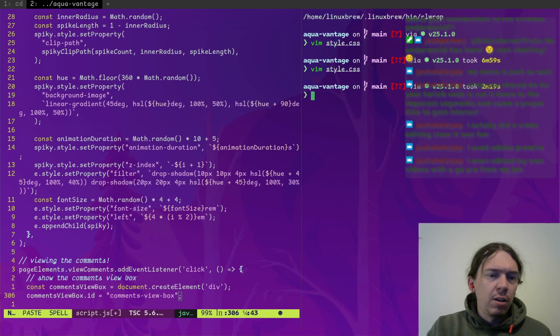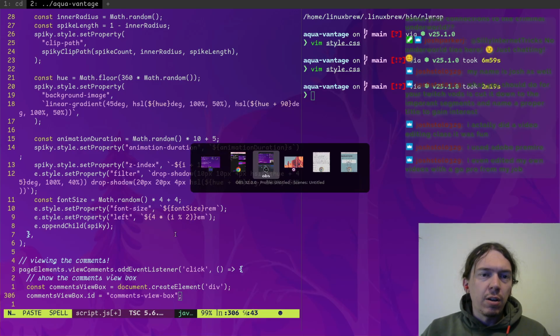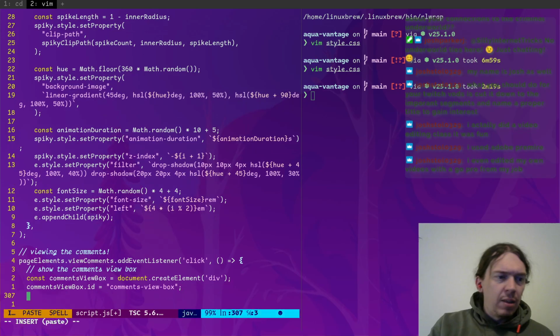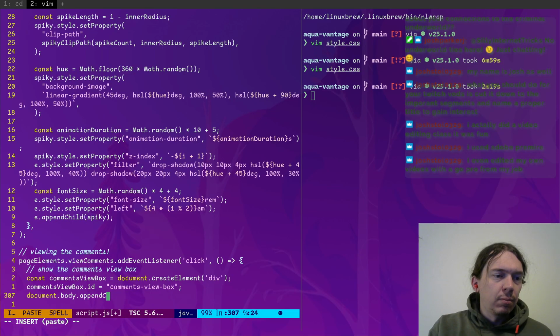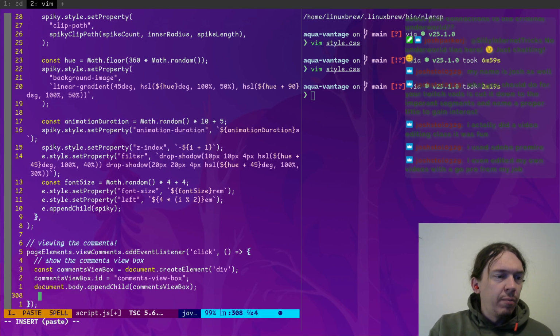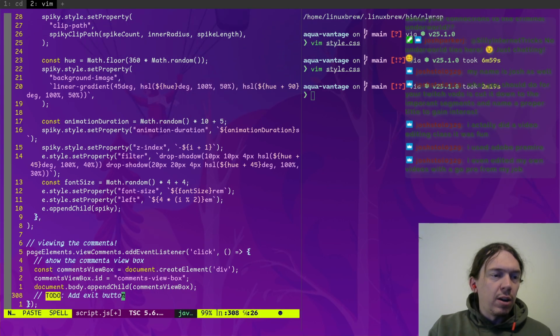Maybe start with 10. Okay, let's see what that looks like. Oh, and then, so it'll have to have a button to exit. To do: add exit button. I'm gonna do that in a second.